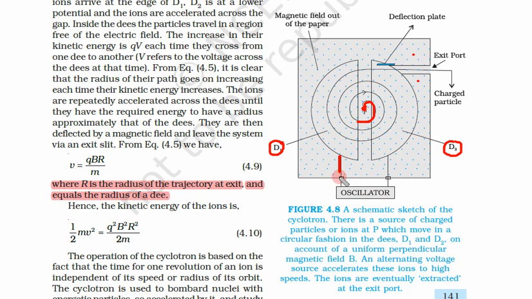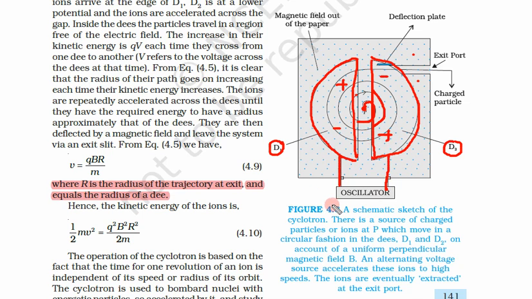Now we have connected an oscillator here. So what does this oscillator do? This D is made of metal. This another D is also made of metal. So this oscillator is connected to these Ds. Let us say this is a positive particle, initially this is at negative, this is at positive. When the particle comes at the edge of this D, it jumps here and starts moving into this, then this becomes negative, this becomes positive.